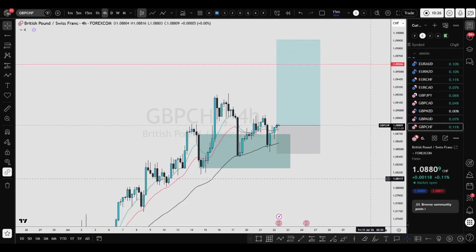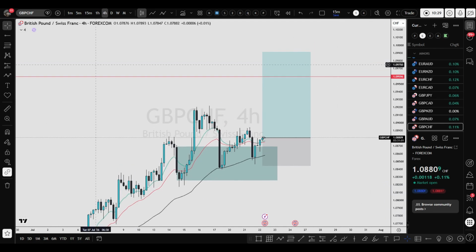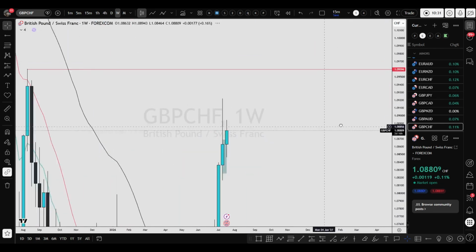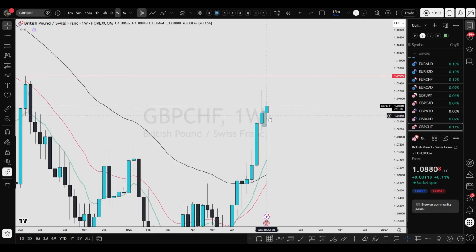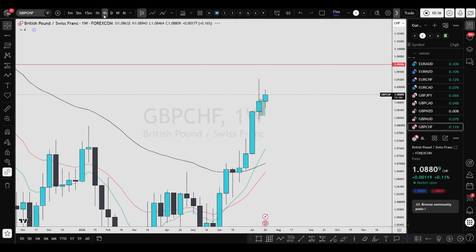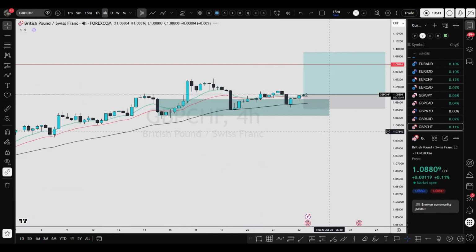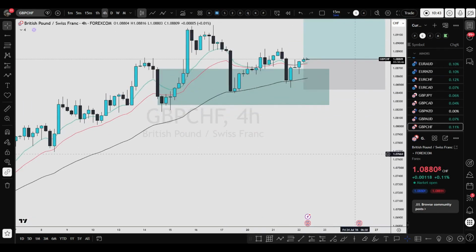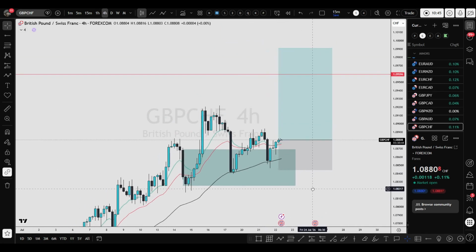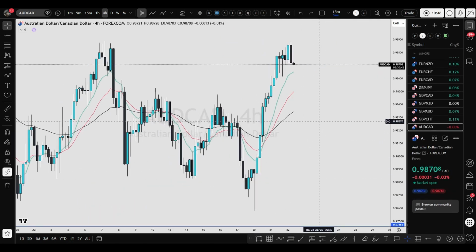It's a C grade setup, even though it's looking good overall in terms of trend, and it's also lining up with the weekly bias. But still it's a C grade setup just because we are extended towards upside, we already missed the move by a few hours, and we're not getting a good risk reward ratio right now. So let's skip it.